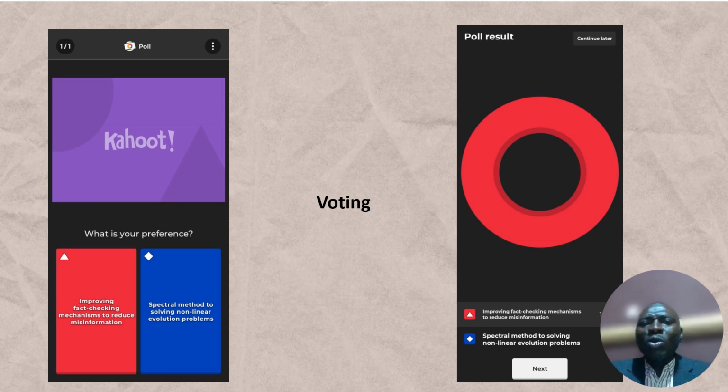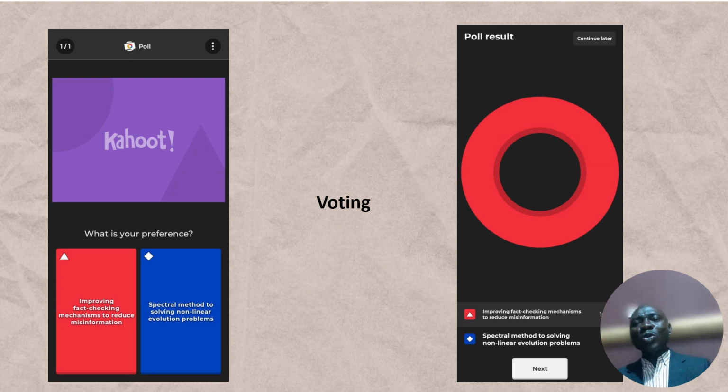It looks like from our votes, improving fact-checking mechanisms is the winner. I think that is fantastic. I was expecting you to select the spectral method, but it's a testament to the versatility of mathematics and its application across various fields.